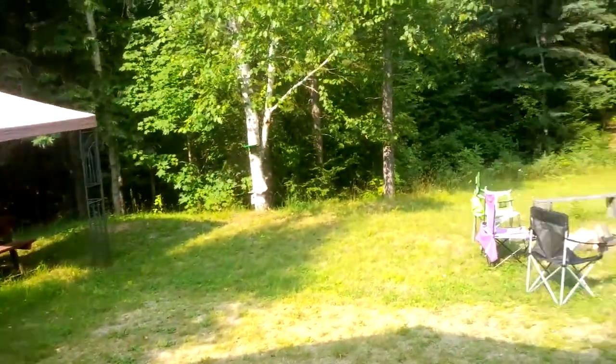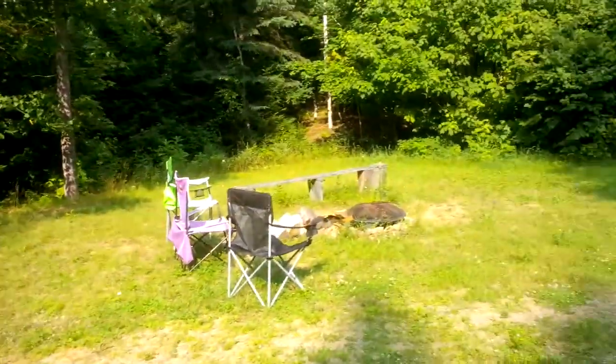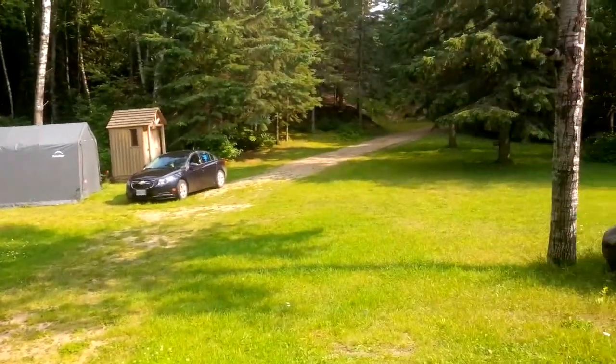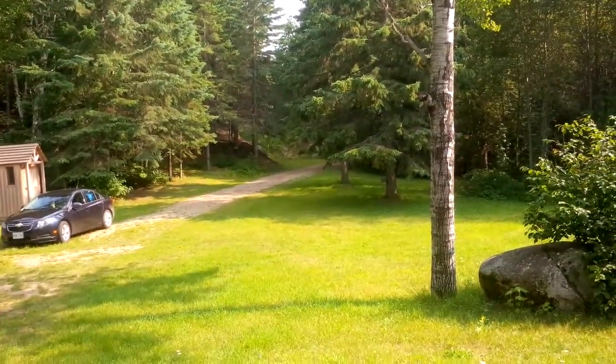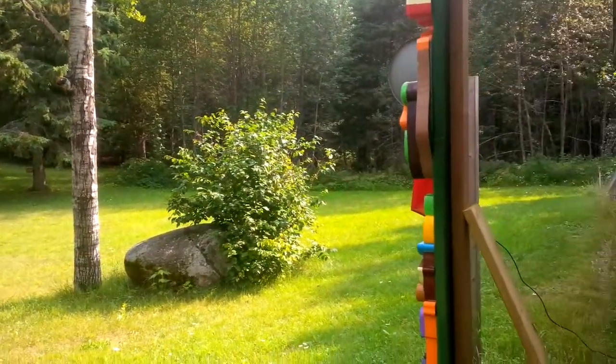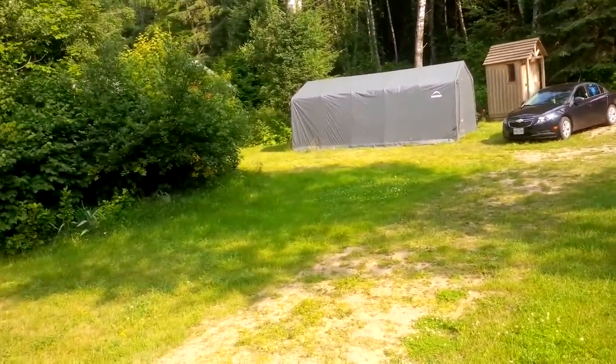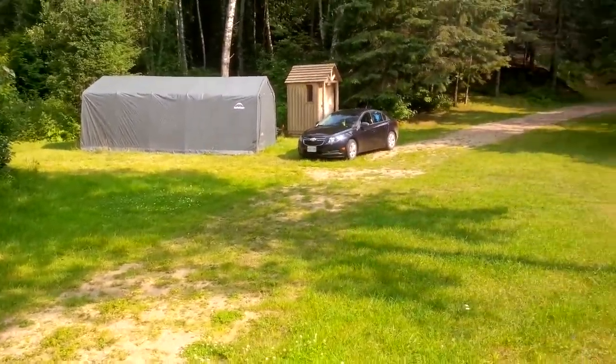One of the reasons I bought this property is I run a survival school where I take groups and camps out. We do search and rescue here. We have 350 acres of vast wilderness here that we own, and it's surrounded by thousands and thousands of acres of crown wilderness land. So it gives us opportunities to live off the land, but also as a business to